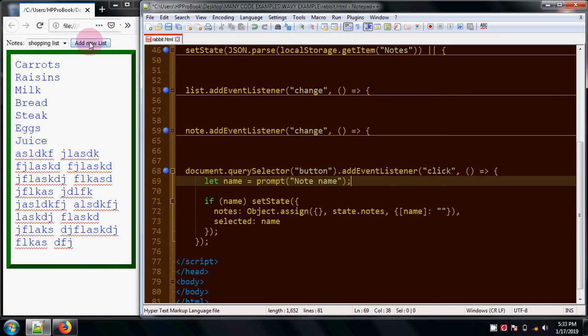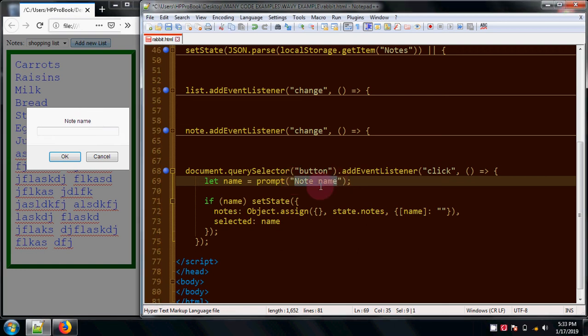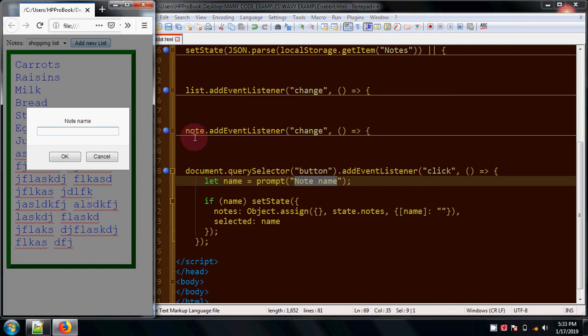When we click this button, we get a prompt dialog box, and it says "note name" right here, because we typed in here "note name", a string. You can type anything you want that you want this prompt dialog box to say up here. Now, whatever gets typed in here,